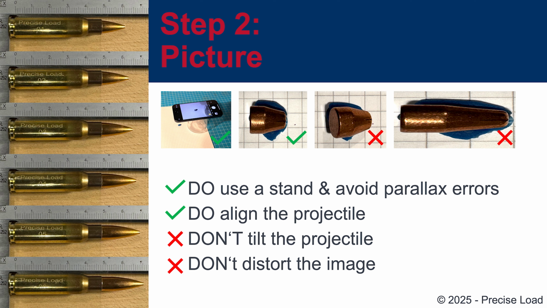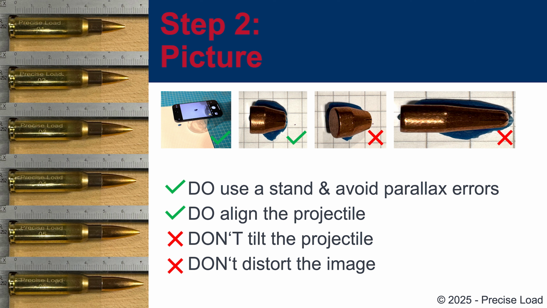Distortion is the lowest in the center of the lens. You will recognize distortion when the squares on the graph paper don't look perfectly square anymore. Also, make sure the bullet lies flat and straight, not tilted. In the third example image, I've deliberately tilted the bullet a lot to show how it shouldn't look. As a pro tip, you can use modeling clay or Play-Doh to help position the bullet more easily.